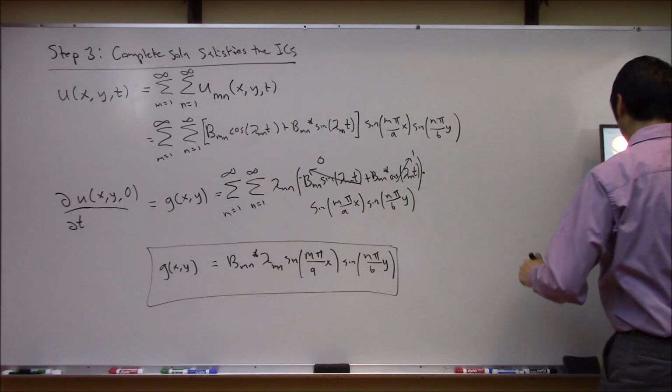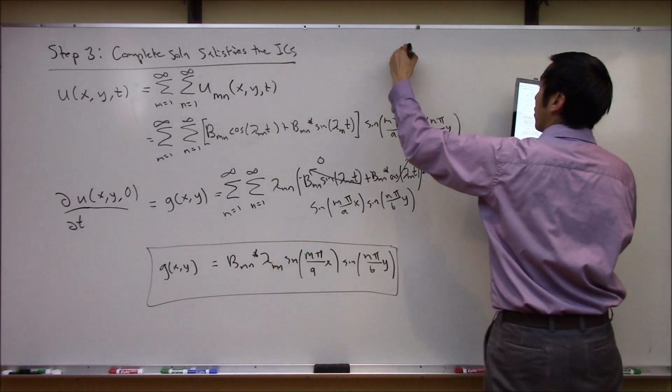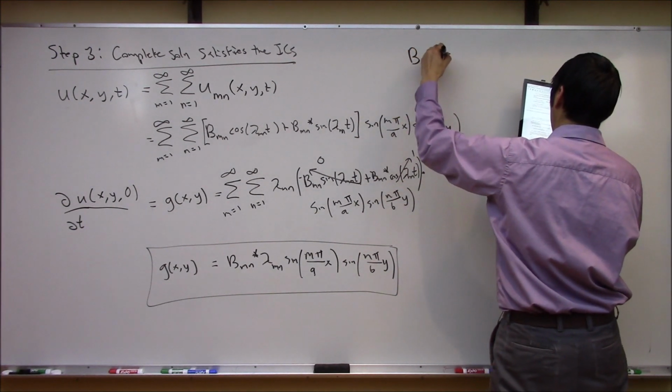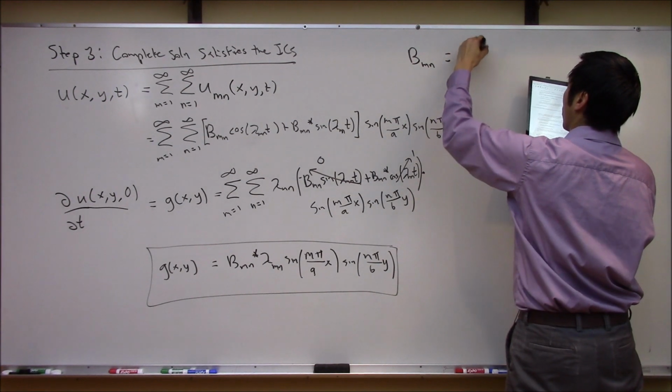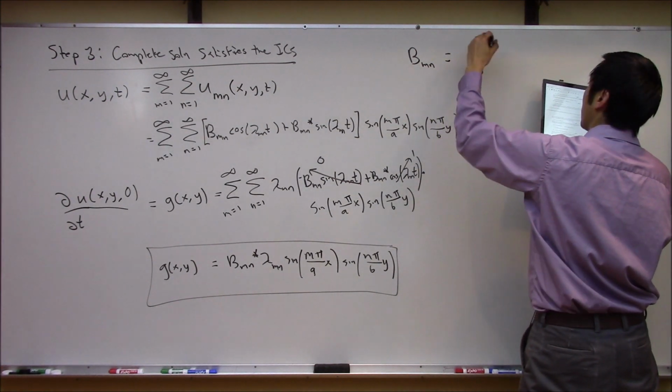I think we said BMN is equal to 4 over AB integral